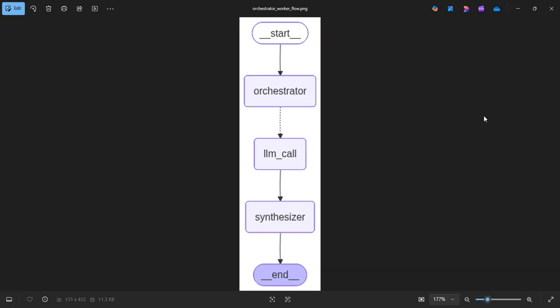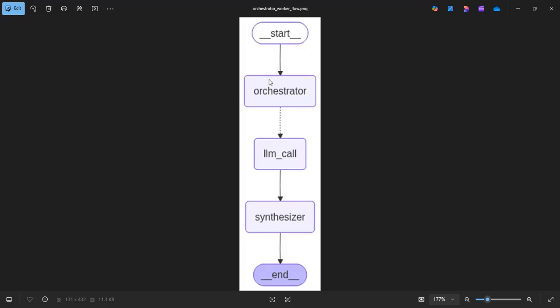Hi everyone. In this video, I will explain the orchestrator-worker type of workflow in LangGraph. What exactly it means, I'll try to explain through this sample workflow image. So what happens here is that there is an orchestrator, or there can be a planner agent or a node, which will generate a plan in the form of a list of elements, list of tasks, list of sections, anything can